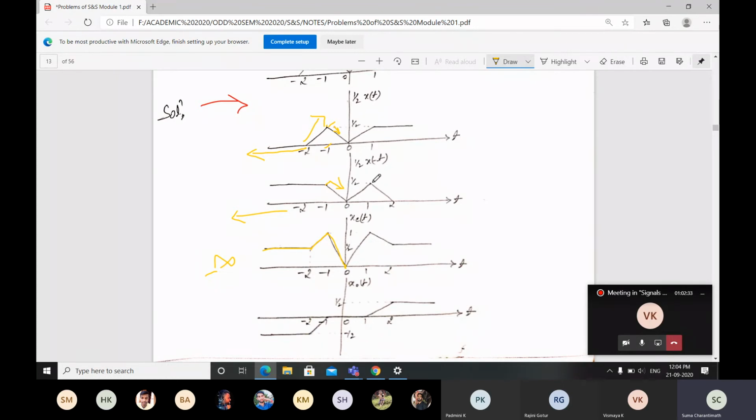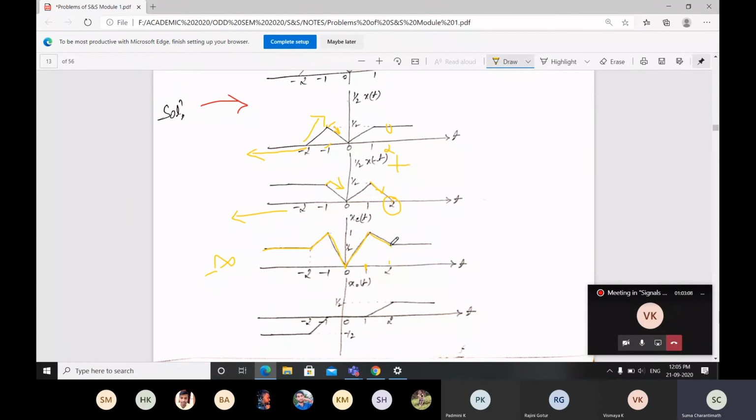1 by 2, again 1 by 2, you will be getting plus. If I add these two signals, you will be getting plus 1. For that reason it is rising up to 1 at point 1. Then at 2, here it will be 0. If I write here the 2 value, the amplitude here is 1 by 2. For that reason at 2 the amplitude is going to be falling because here is a falling edge.